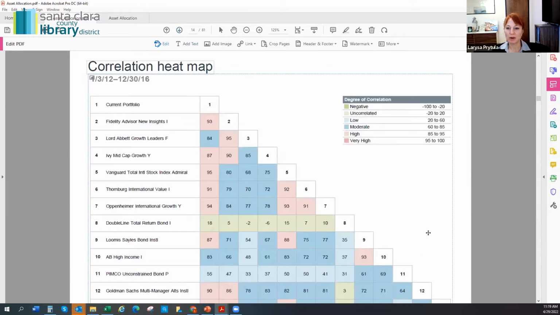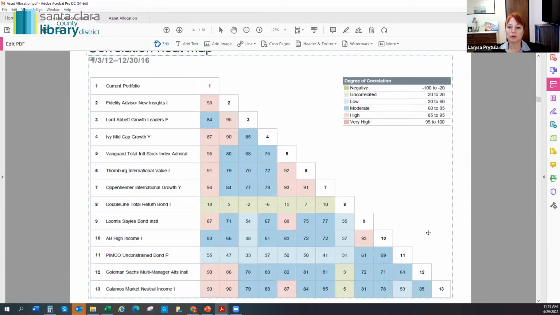I want to show you this map. This is a very interesting map. We took different mutual funds as an example and showed how much each has correlation with the overall stock market. If you invested in, let's say, the Fidelity Advisor Insight Fund, which holds US mid-sized companies, or the Vanguard Total International Admiral Fund, you can see that all of this red has a higher correlation to overall US market risk measures.